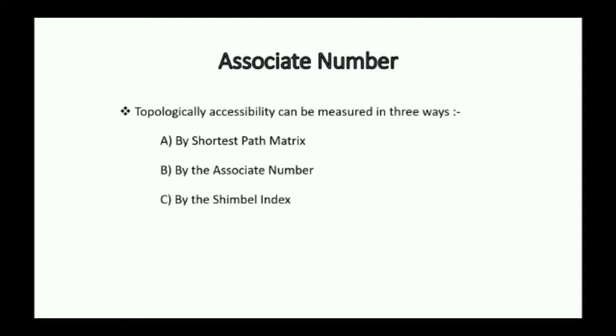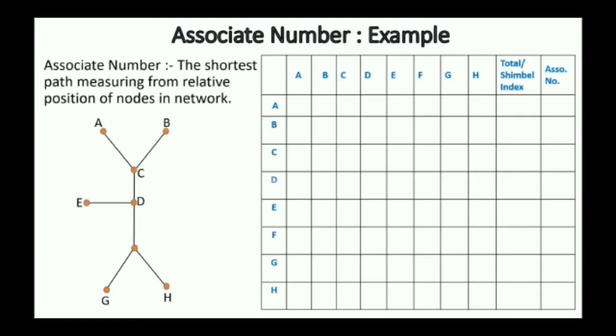Now we will calculate the distance of the shortest path from the diagram. First, make a matrix from the given diagram. See all the points or vertices in the given diagram. Vertices are A, B, C, D, E, F, G and H. Write them on the matrix. Now we calculate the distance from the given diagram, or to know about the connectivity.